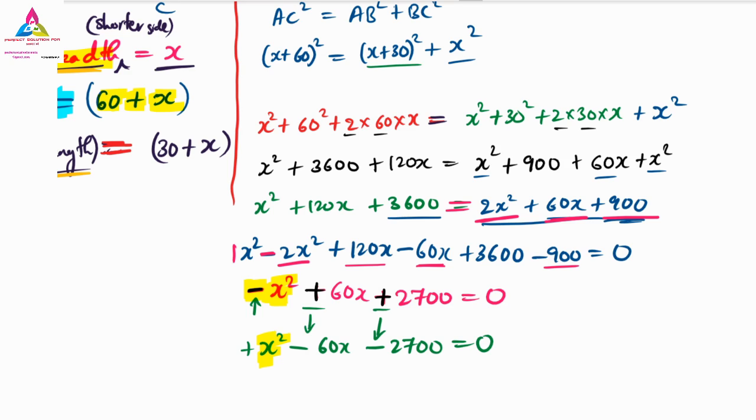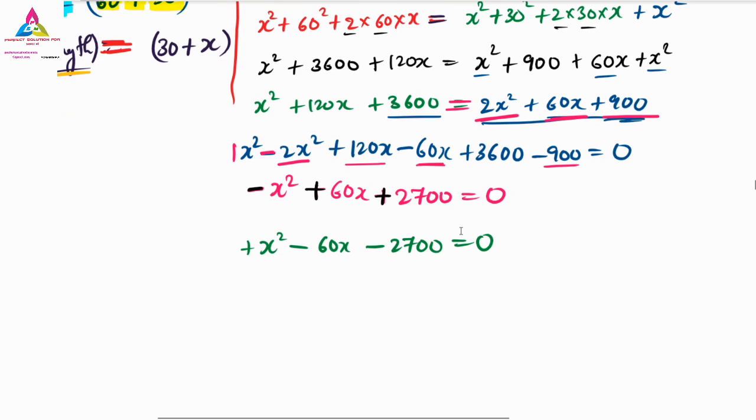Now it is left to you. You can use any one method to find the x value. Which method are you going for now? Whether you are going for the factor method or the substitute-in-the-formula method? It is left to you. You can go with any one method. Specifically, if they tell you to go with a particular method, you have to go with that same method. Otherwise, you can choose any one method.